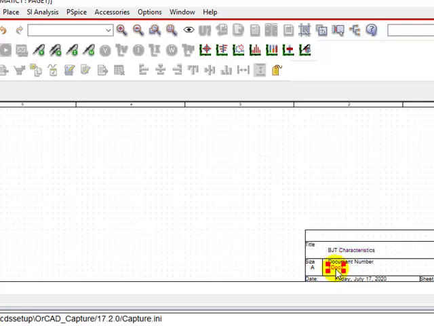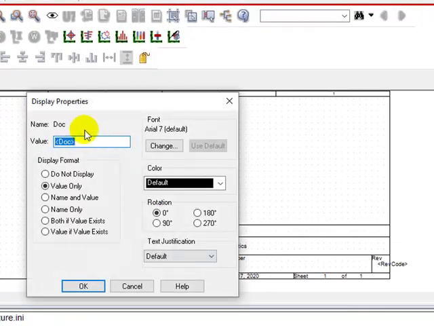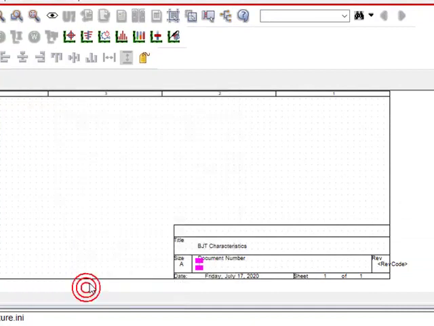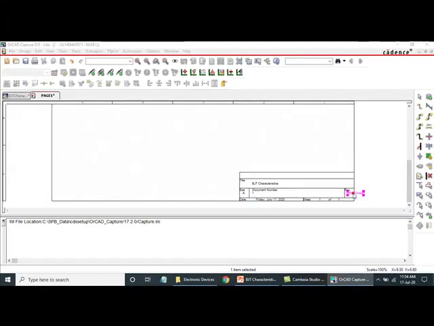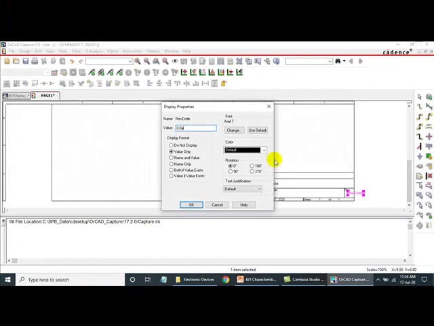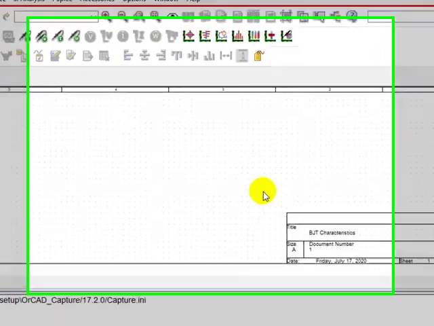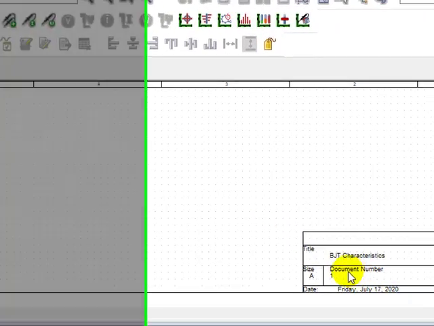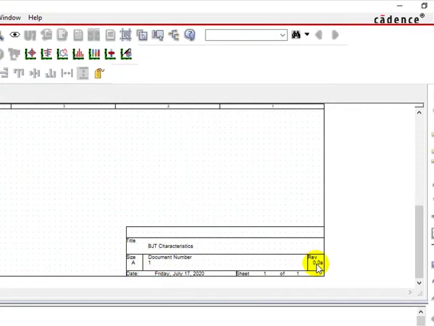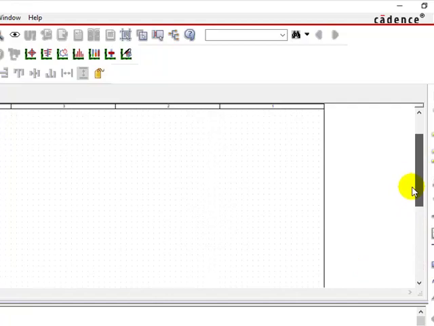Then you can also enter the document number. I'll enter the document number as 1. Double click on doc, enter 1, click on OK. And this is the first time I'm creating this document, so I'll enter the revision code as 0.0a. This step is not mandatory, but it is a good practice to enter the details in the title block. And with respect to the document number and the revision number, it depends on the standards that you are following. This is the standard that I follow. Now I can enter the schematic in this page.